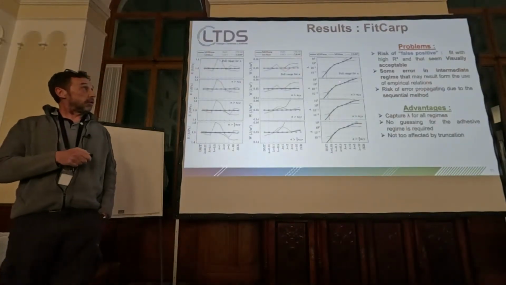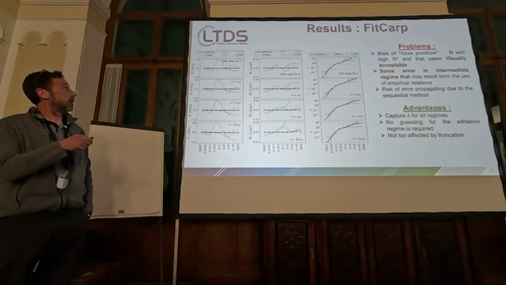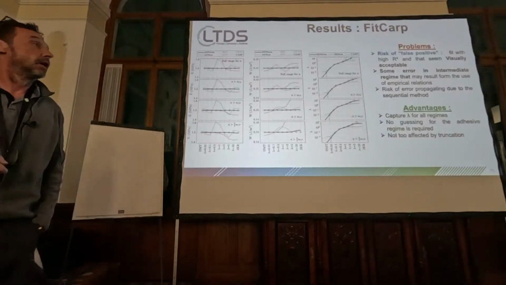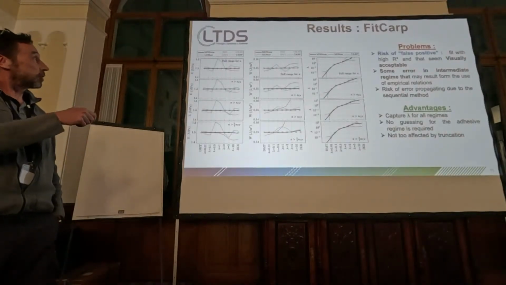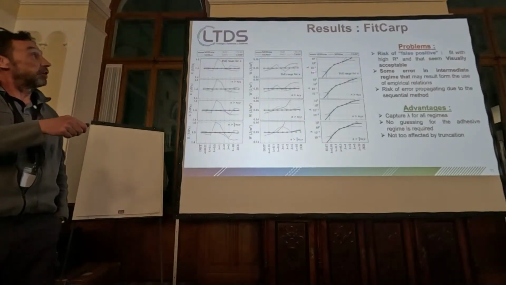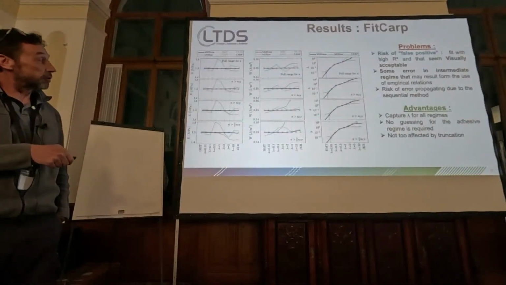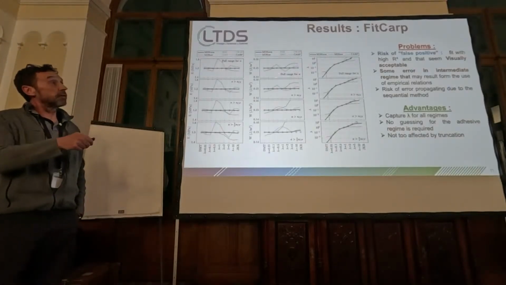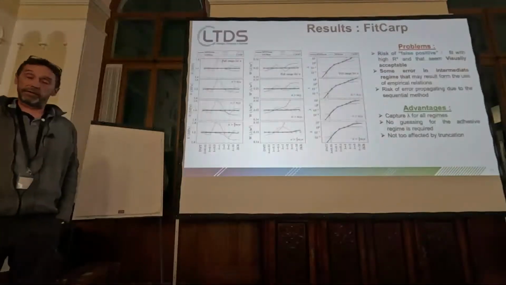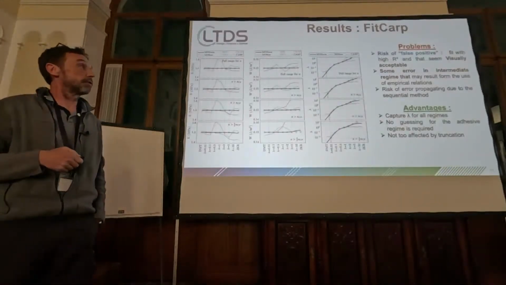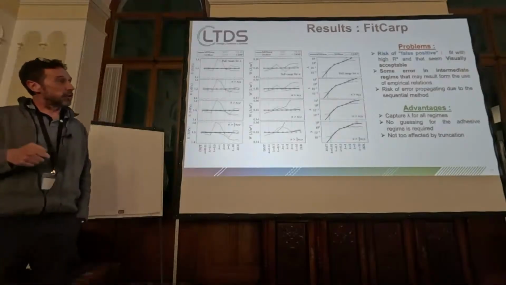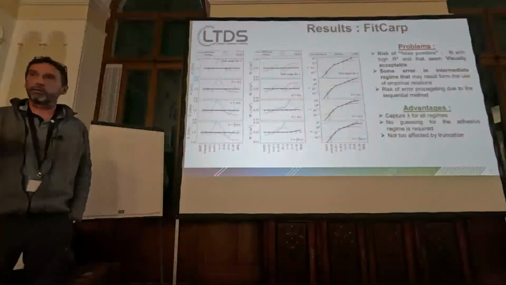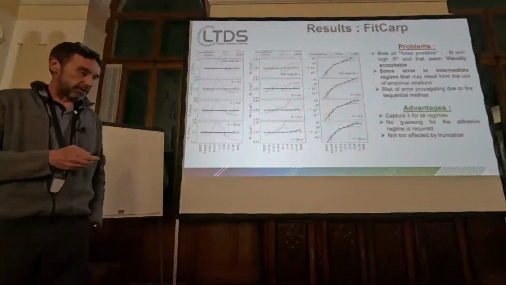Now, if you use the method proposed by Karpik, so the data has these light blue curves, the advantage is that it's based on the Maugis-Dugdale model, so you can capture the Young modulus and the adhesion energy, and also the lambda parameter in all the regimes from DMT to GKR. There are still some errors in the intermediate regimes that may result from an empirical relation, so this is not the real Maugis-Dugdale model. And as I told you before, there is a risk of propagating error due to the sequential method that is used.